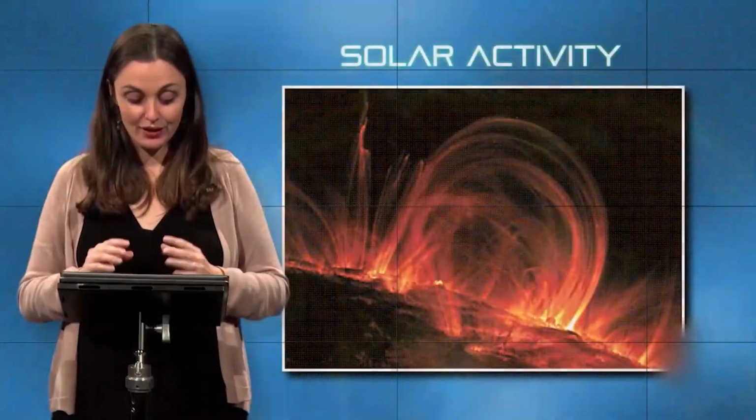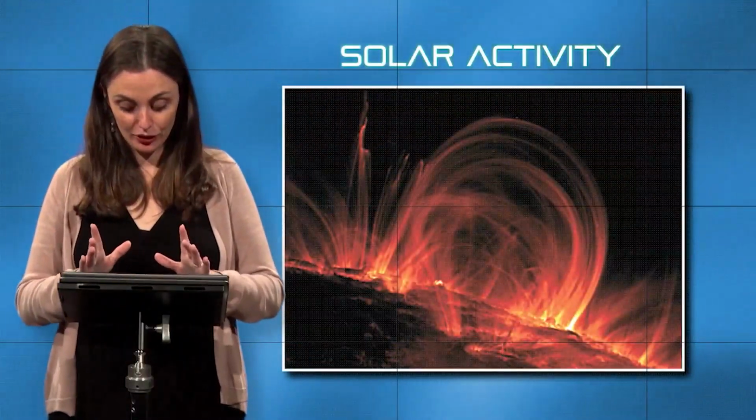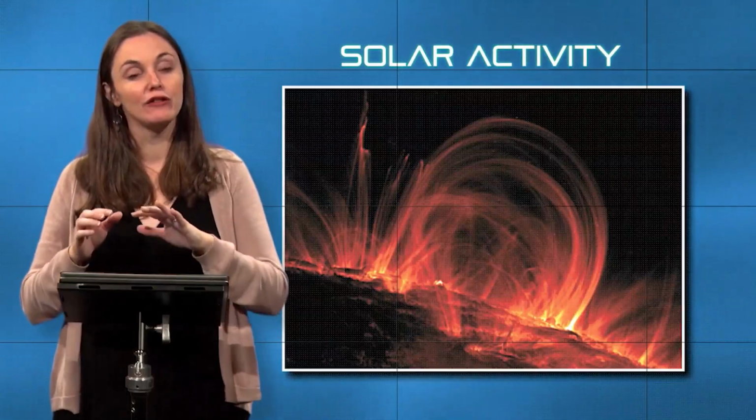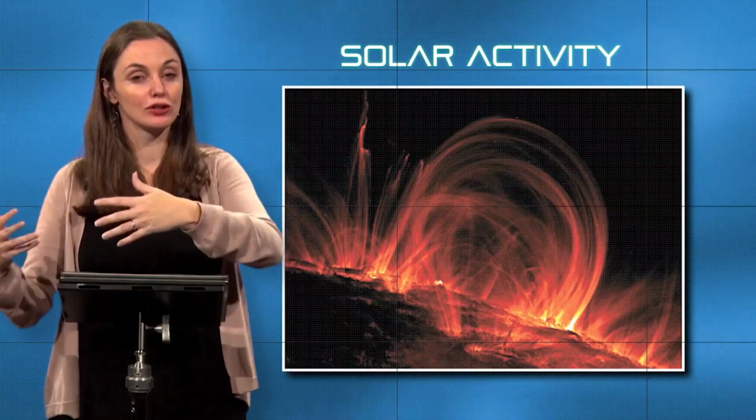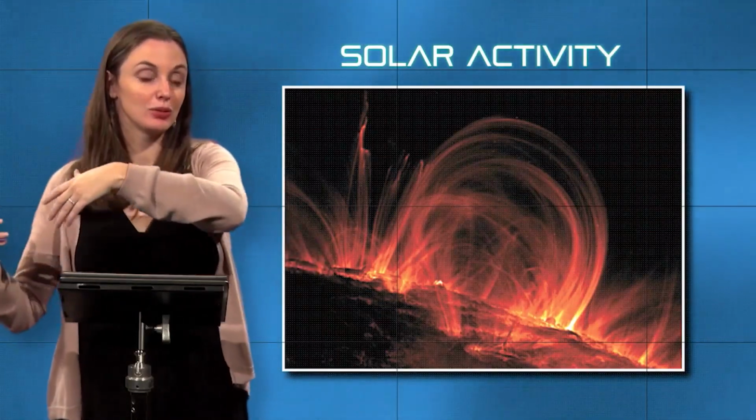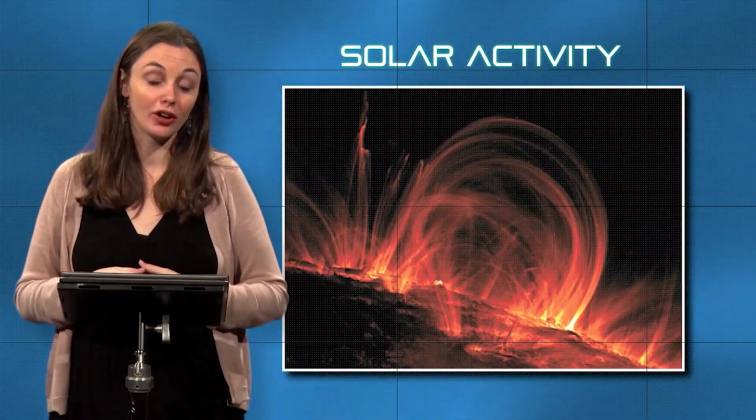The last thing I wanted to talk to you about with regard to our sun is the kind of intermittent solar activity that we get. All of these really cool things like coronal mass ejections that might relate to an increase in the amount of auroras that you're able to see on Earth. This picture I have here is a picture taken in X-ray of the event that's happening on the surface of the sun that corresponds to some of this increase in solar wind activity and the increase in subsequent activity in the outer atmosphere on our planet.